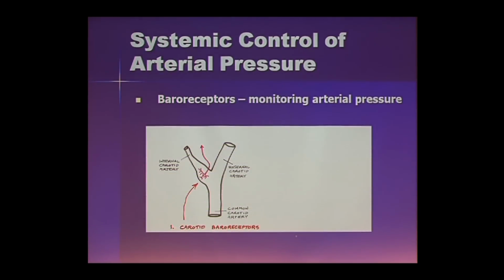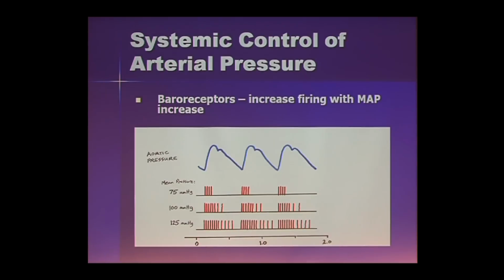Baroreceptors actually monitor arterial pressure. They are found in carotid artery and aortic arch. These turn out to be a little bit more important in human, carotid baroreceptors. They go through 9th cranial nerve, report to the brain, particular part of the brain stem, and measure essentially how much the wall of the carotid is stretched. Stretch of the wall is going to correspond to pressure inside of the vessel, obviously. Would you agree? This is how they work.